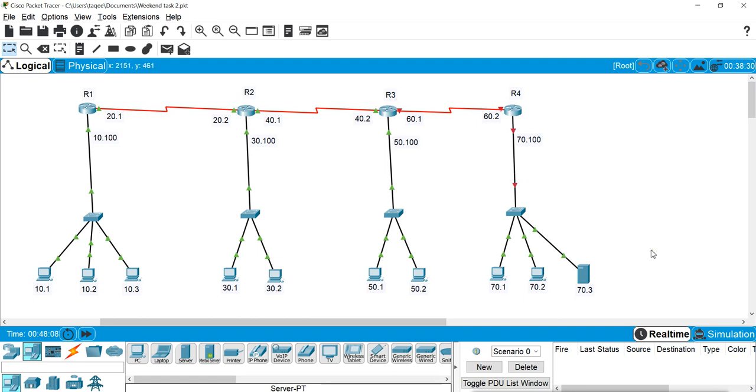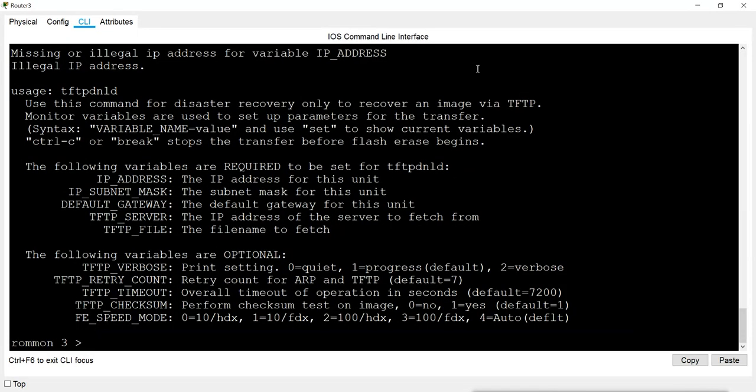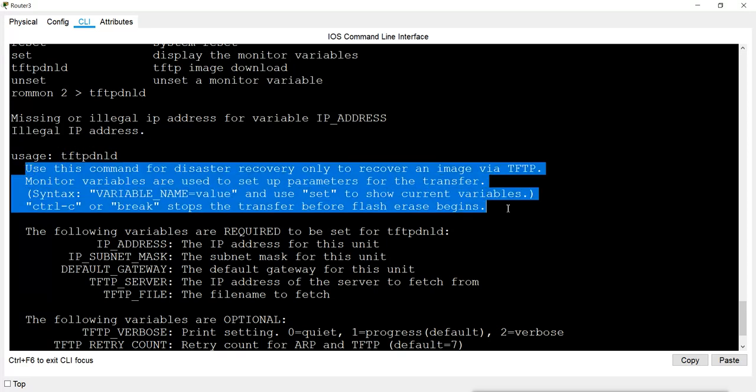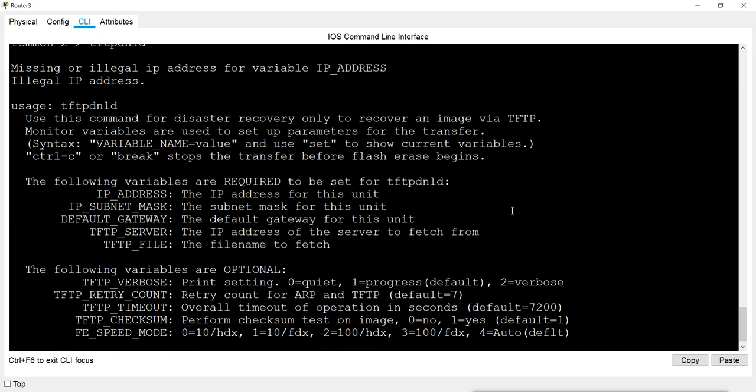So first we have to set some variables, that means we have to give our router some information. Now what are those variables? When I gave this command tftpdnld, it says missing or illegal IP address for variable IP_ADDRESS. First it is showing you the usage and how you can use this, and it needs these required variables first.